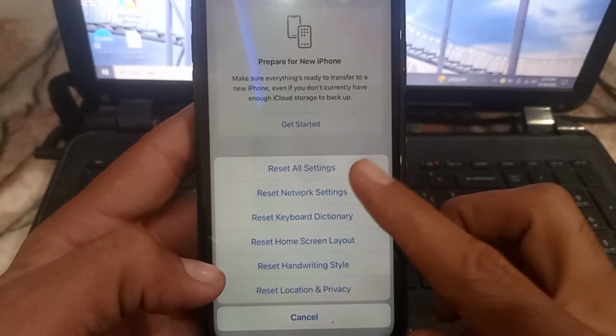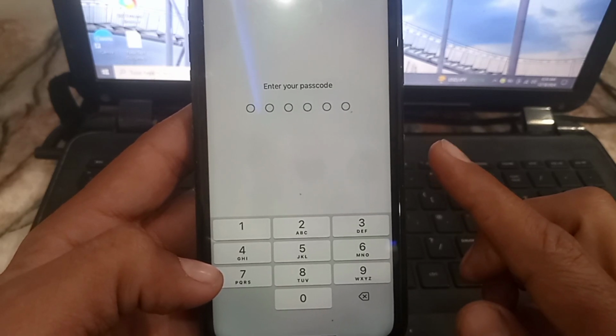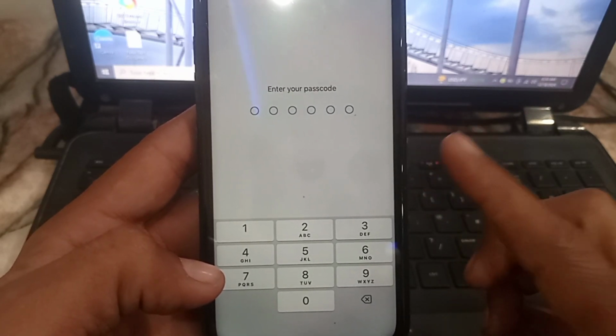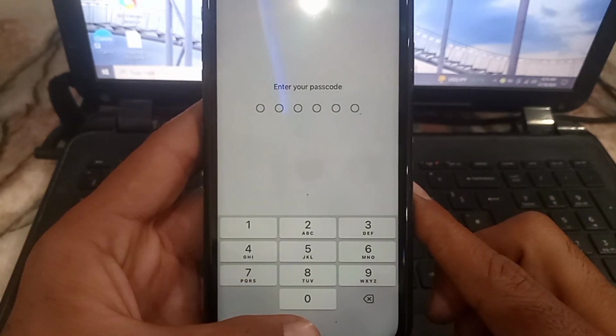Always tap on Reset All Settings. So guys, enter your iPhone passcode. Don't worry, you won't lose any kind of data. So guys, once you reset all settings, your problem will be solved if any kind of glitch is